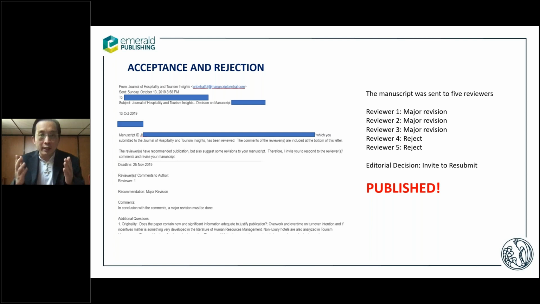This is why if you look at Emerald Publishing, if you check your paper's status today, it is written waiting for reviewer score. After a few days, the status is changed. Instead of waiting for editor's decision, it goes back to review. One of the reasons is the reviewers may have contradicting opinions, and as a result, the editor wants to invite another opinion. Okay, if we move on to the next slide,